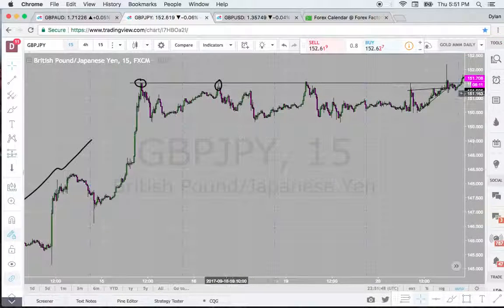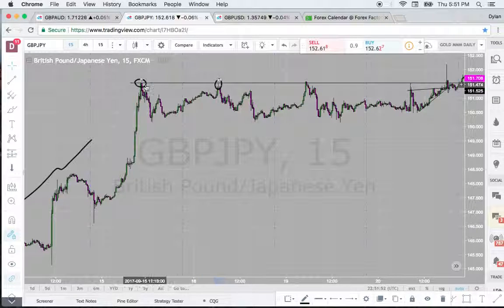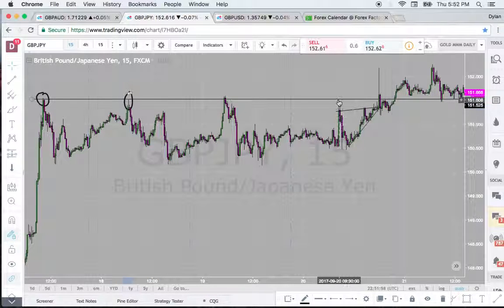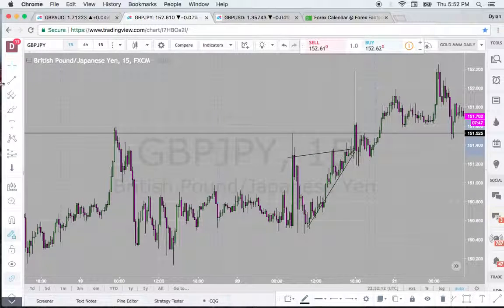You could have sold, by all means, right here at the ceiling. Could have sold here again. The fourth time, that's getting a little risky. Could have sold that. Could have sold right there. That's getting a little risky though. And then we can see the 5th time we had that wedge formation, and they were just giving